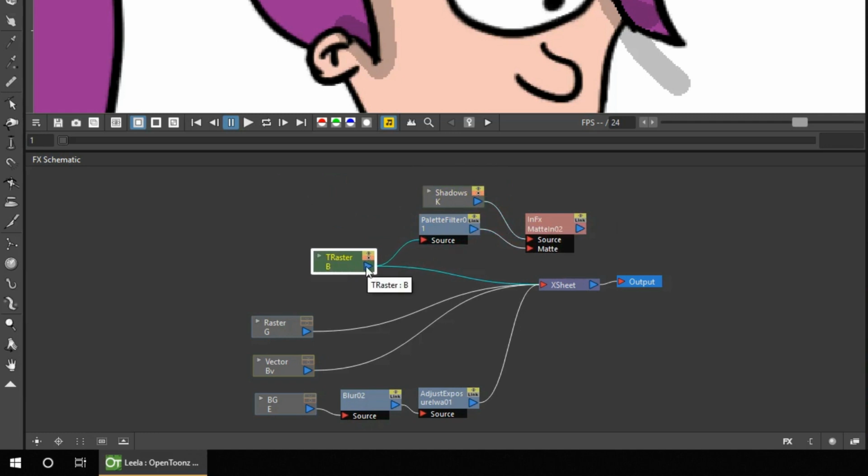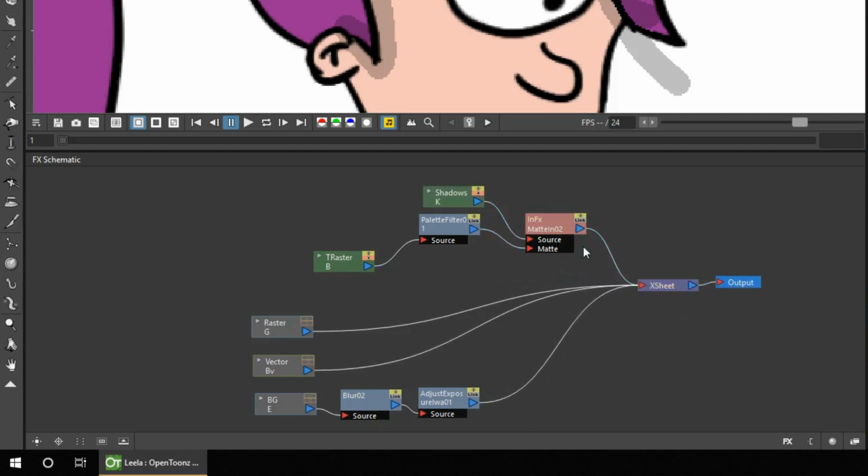And then the Toonz raster level is also plugged straight into the X sheet because we do want the rest of this Toonz raster level to be visible. But the easiest way to set this up is to remove the Toonz raster level from the X sheet by clicking and dragging on the background of the schematic till you cross that line. It'll turn blue and then you can press the delete key. Plug in the matte effect to the X sheet so that will be visible,